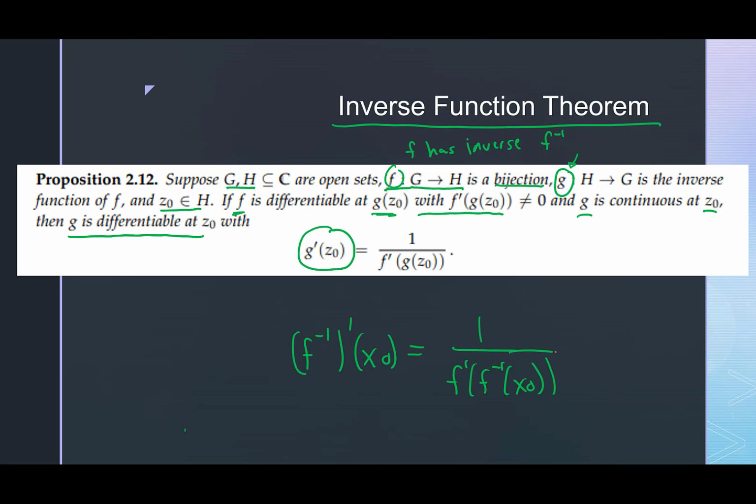Again, virtually identical, except now we're using z's because we're in complex land. And your book, instead of writing f inverse, chose to go with just g, which is fine, because we could always change the names of our functions. But in any case, we still get the same result that we had back in calculus: an inverse function theorem, meaning if your function's differentiable and it has an inverse, then you can find the derivative of the inverse by using this formula here.